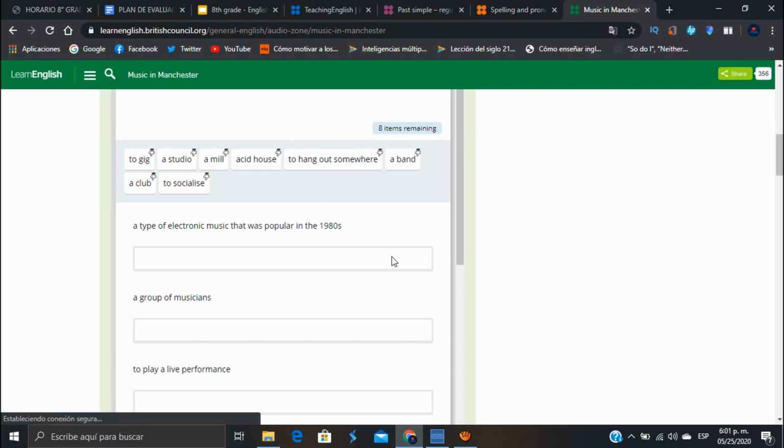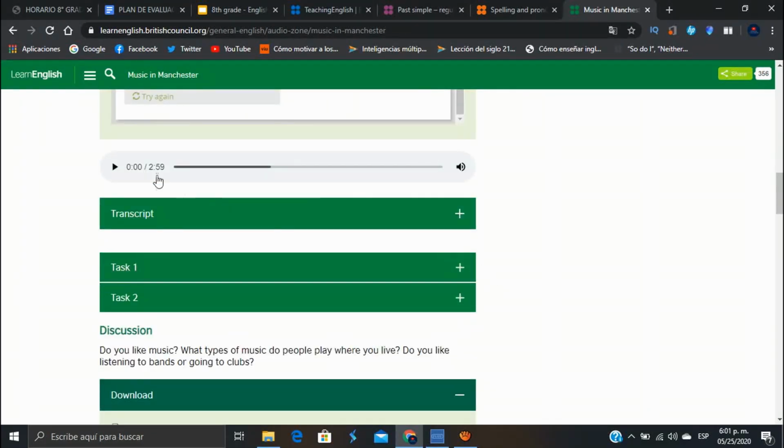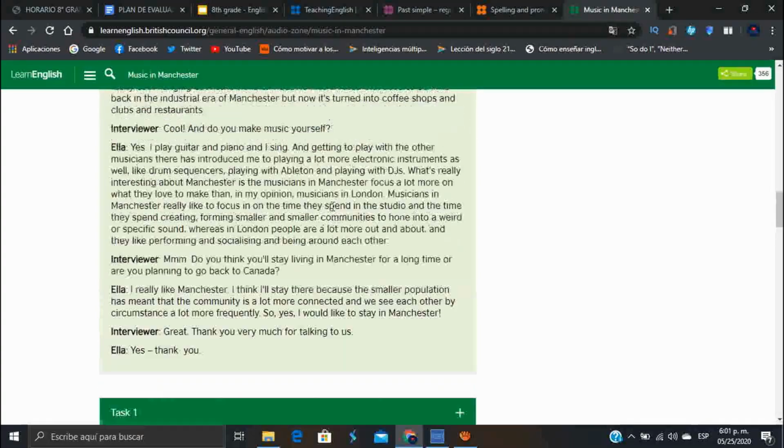Before that, you can do an exercise with them. It's kind of funny, and then you move down here. You click on play. I'm not going to do it because of the copyright thing, as I told you before. You can also have the transcript, so not only can they listen, they also read what they hear, and that's how they practice their pronunciation and everything. Okay, so this is really cool.